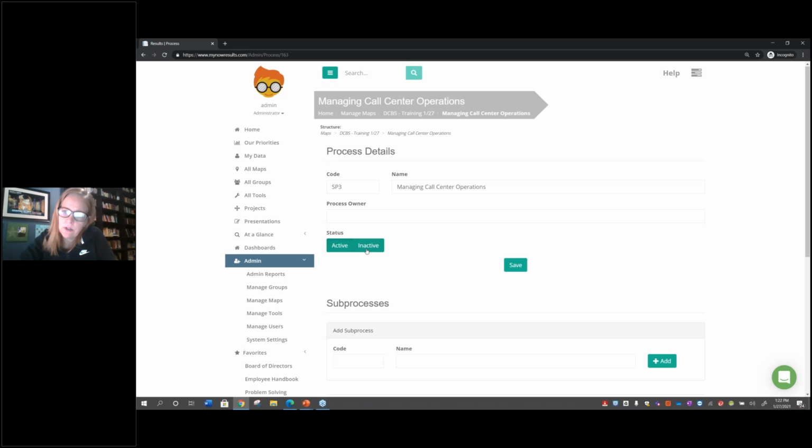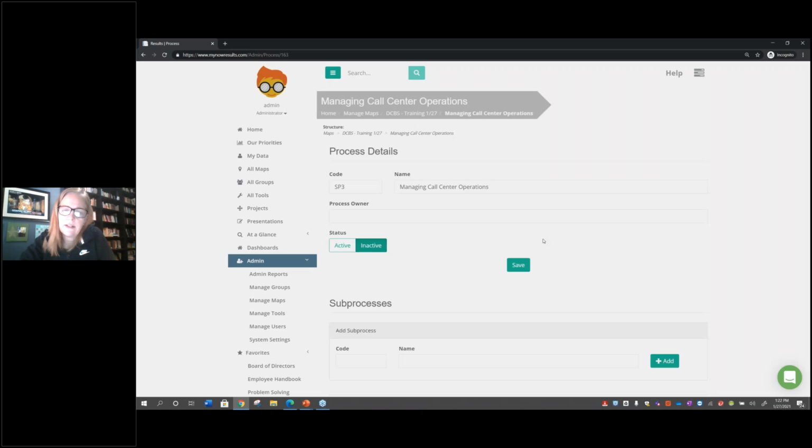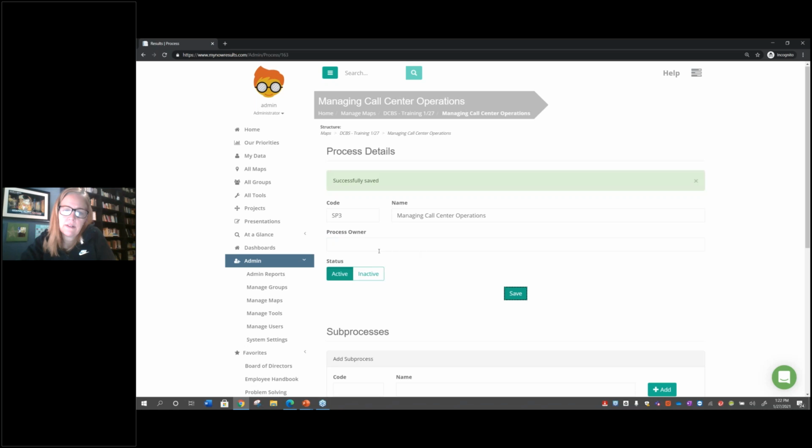So I would now turn that process off. Click there and hit save. And then it's moved over. So then I can finish: if I've turned the process off, turn the map off, and just move that function. Now, one thing to call out, if you're moving process measures, you have to have the receiving